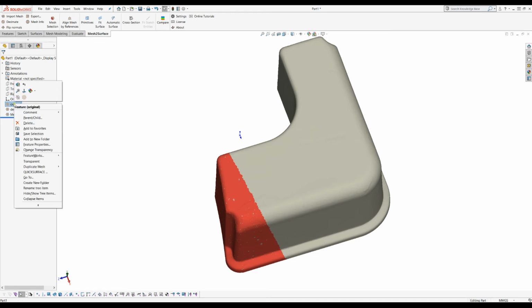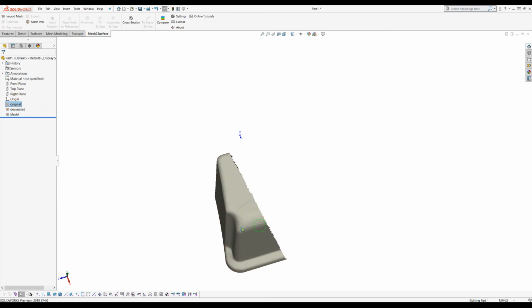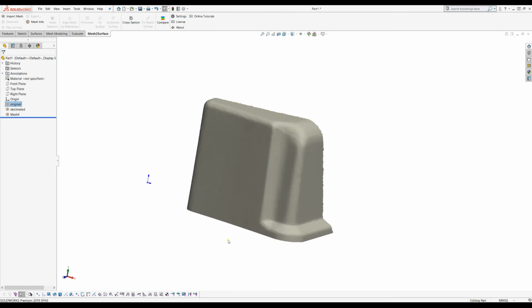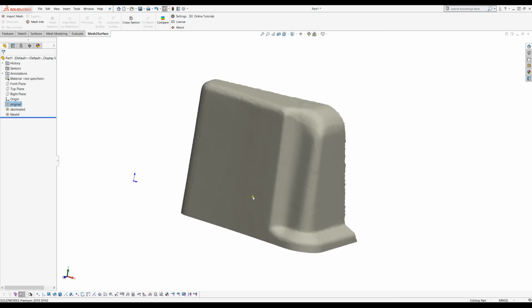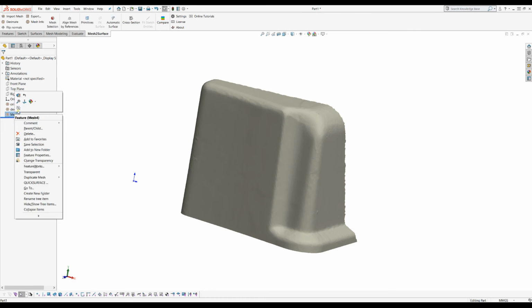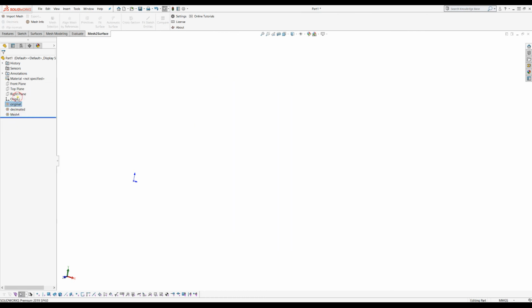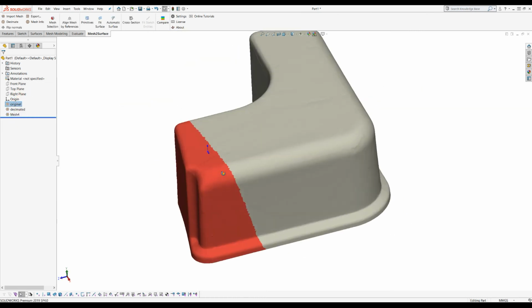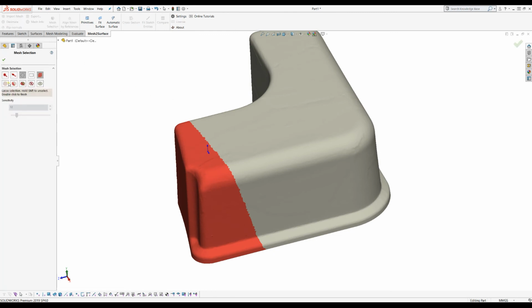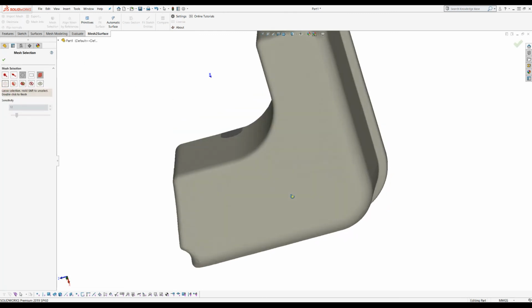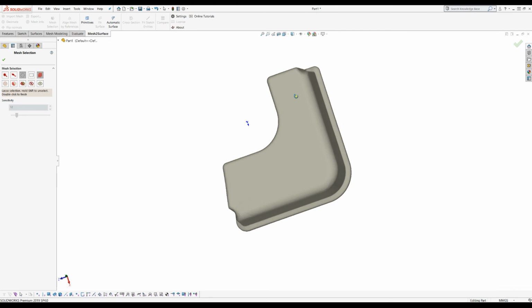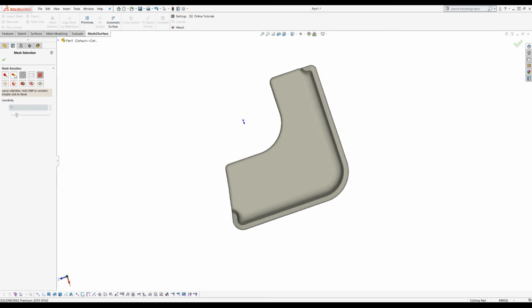I will right click on the original and hide the mesh. So this is my partial mesh here that has a smaller number of triangles. You can probably apply different operations on this part only, etc. For example, let's hide this and bring in the original mesh. Again, I will just go to the mesh selection, unselect everything, and probably I can just select the other area of